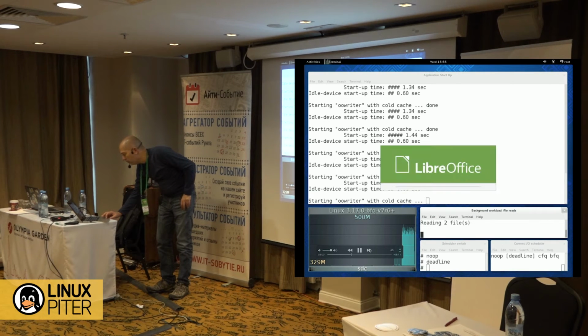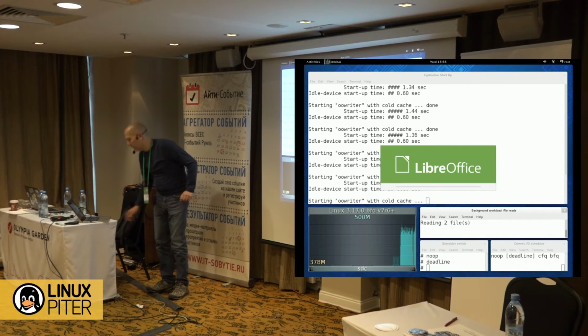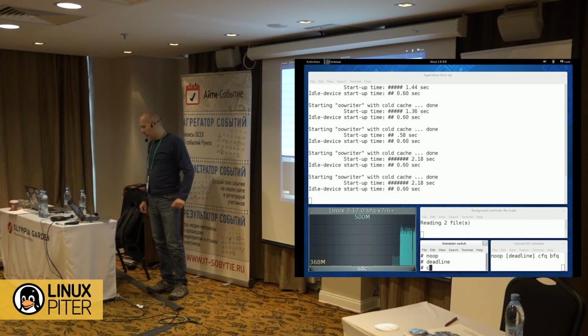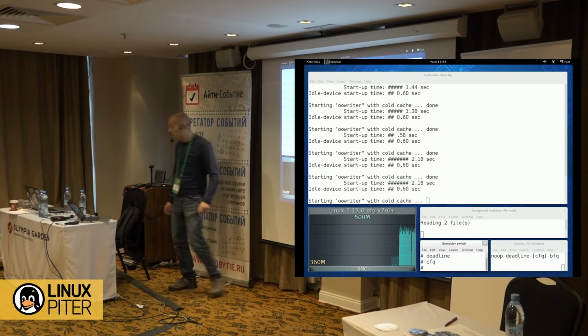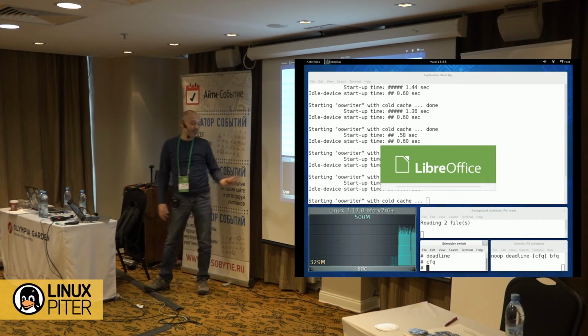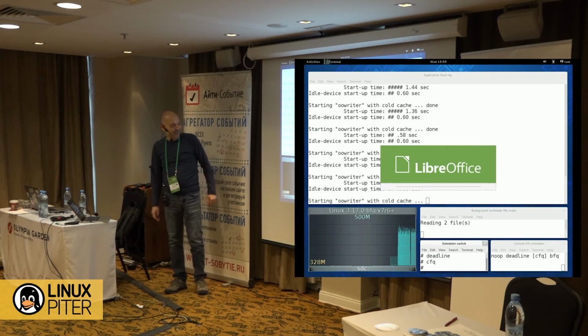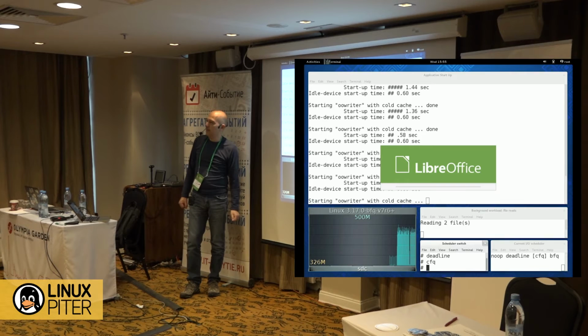If we go to 2 files in the background, then we are at something like 3 or 4 times as high as when the device was idle. If you switch back to CFQ, it's better that you don't. So with this device, CFQ is worse than the other schedulers.